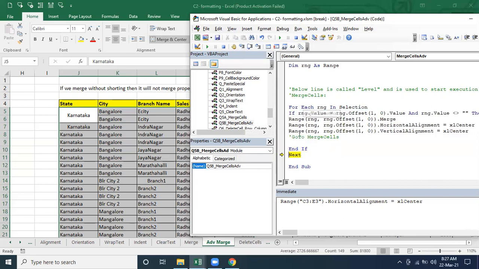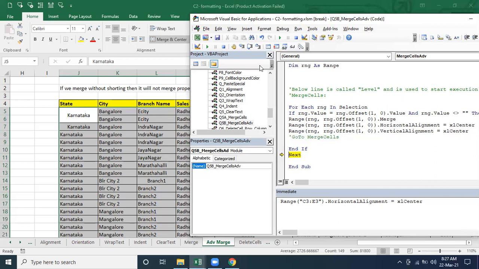And now the next time, the range as of now is having what? Karnataka, and it is going to come from the selection. The next loop it will be what? The next chance it will come for the Bangalore. Loop means what? So now the loop part is going to work. First of all it is given the Karnataka. Next time it will give the Bangalore. Next time it will give ECT. Next time it will give the Rabi.